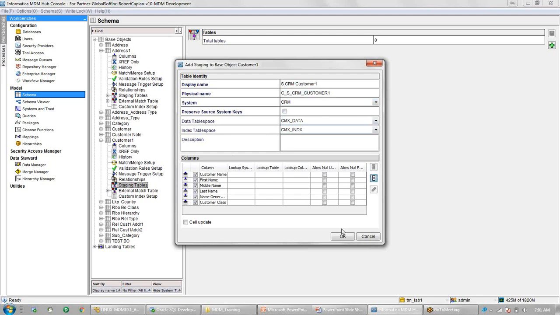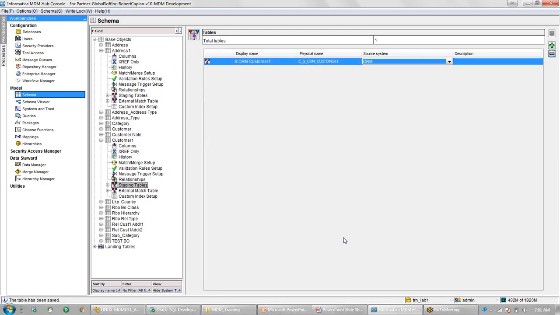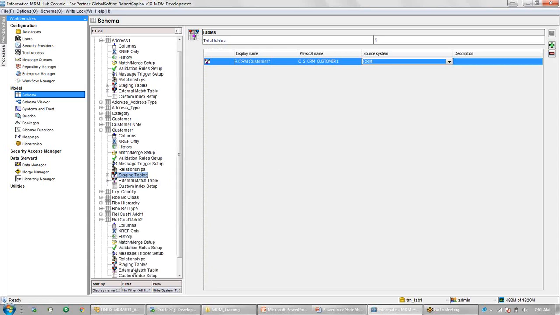In customer also I will select all the table columns. So both of these are done, and now we need to go to the relationship table. This is the relationship table that we created yesterday.